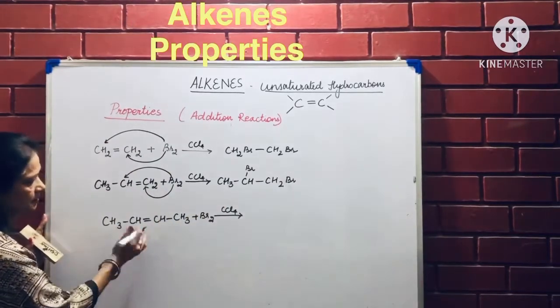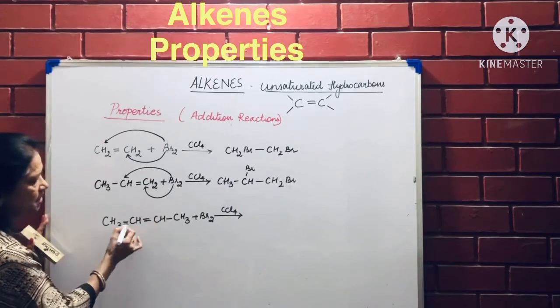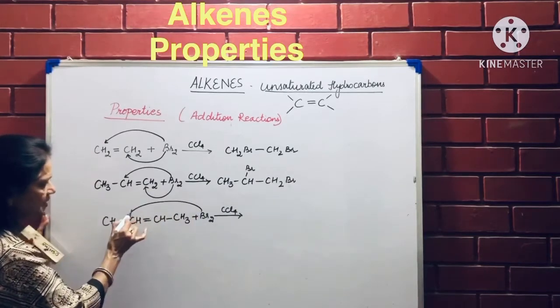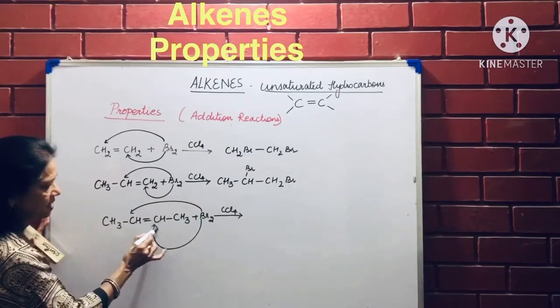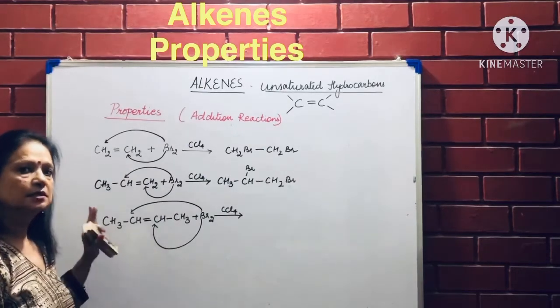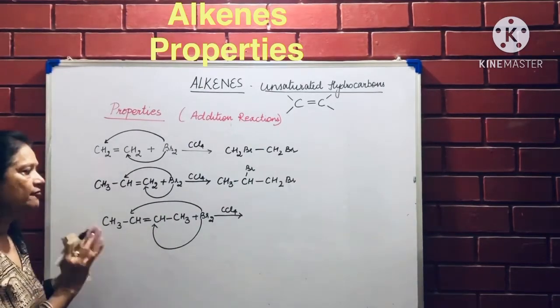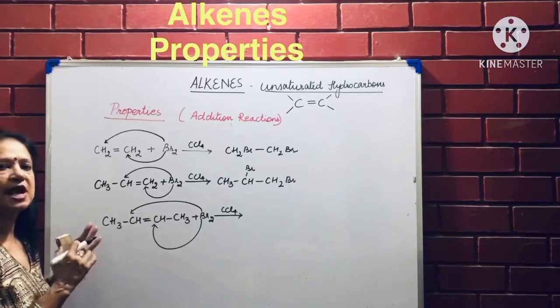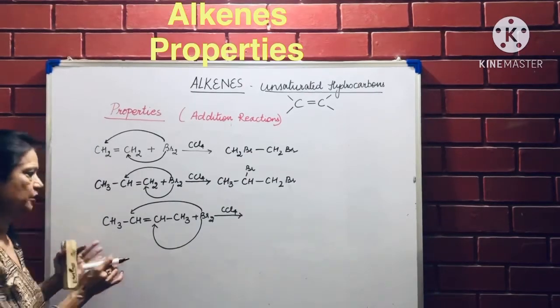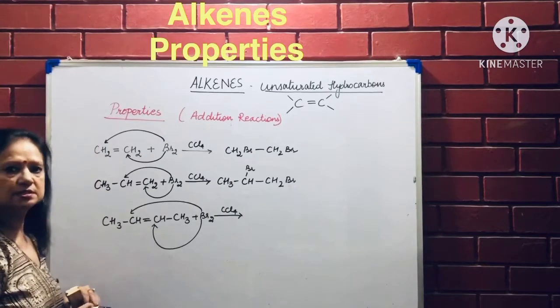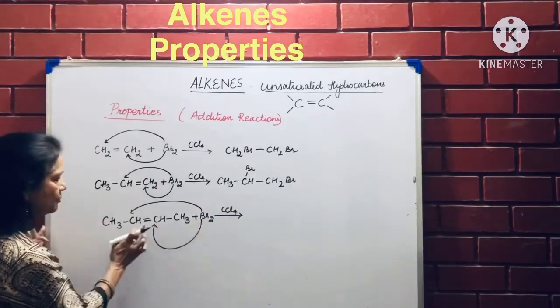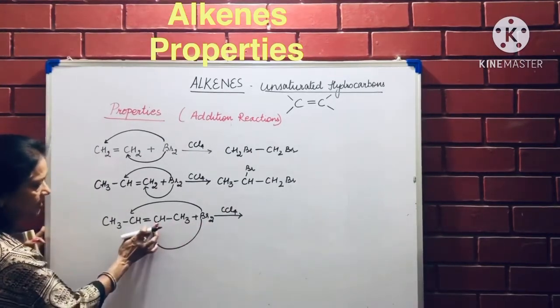Now see here, there is a double bond at this point. So attachment will be at this carbon atom and this carbon atom. Wherever there is the functional group, it can be OH, it can be Br, wherever functional groups are present, reactions take place at that point. At the moment, functional group is a double bond. So Br will get attached here, one Br will get attached here.